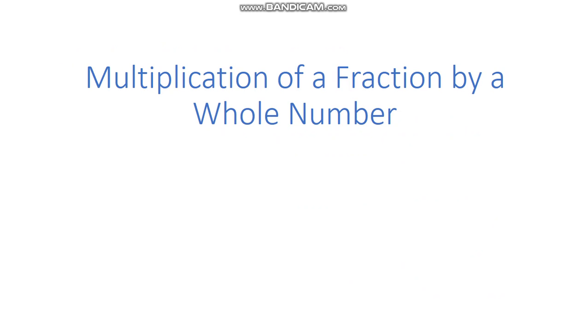Students, we know that a whole number is nothing but the set of natural numbers including 0. That means 0, 1, 2, 3, and so on. These are the whole numbers. So with this whole number, we have to multiply the fraction. Fractions means it is in the form of a by b. Is it right? Okay. So we can discuss some examples now.